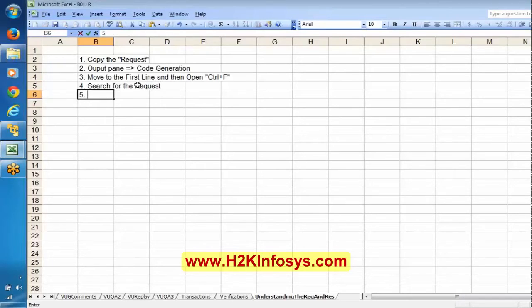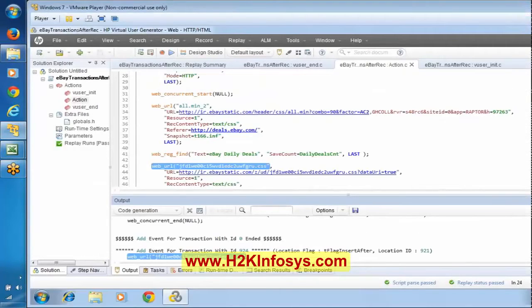And the fifth step is, based on the found request in the code generation, make note of the transaction ID. Based on this, try to find this particular transaction ID here. There will be some kind of event ID or transaction ID. Just copy this ID.